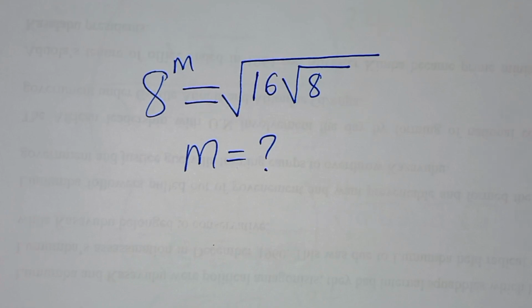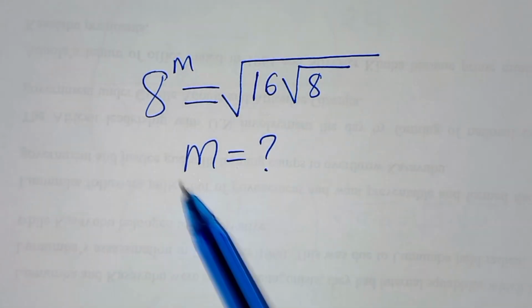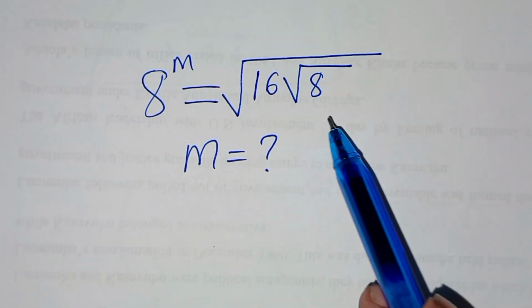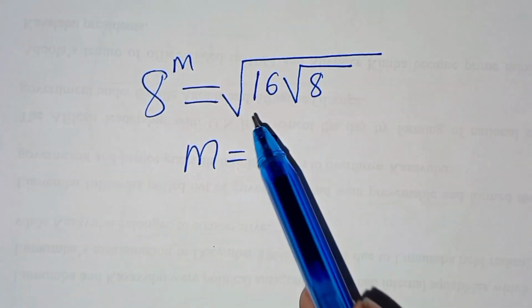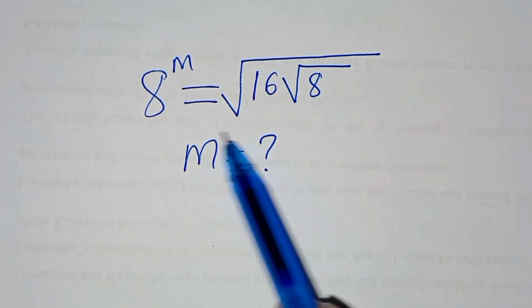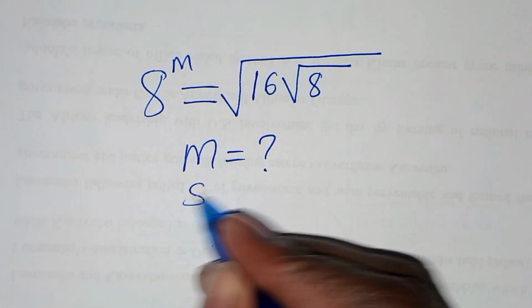Hello everyone, you're welcome to solve for the value of m given this nice square root radical problem, which is 8 to the power m, which is equal to the square root of 16 times square root of 8. So what is the value of m? Now solution,